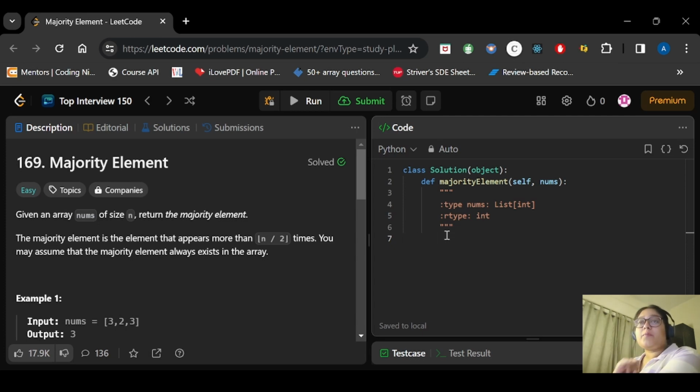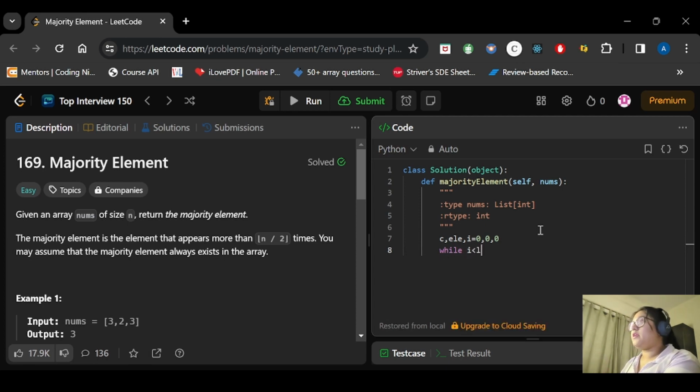So we will keep a count of the elements, and we will store the element also, right? So I will declare count, element, and a variable to iterate in the array. So count will be initialized by 0, element will also be initialized by 0, and I will also be initialized by 0. This I will go till less than length, right?